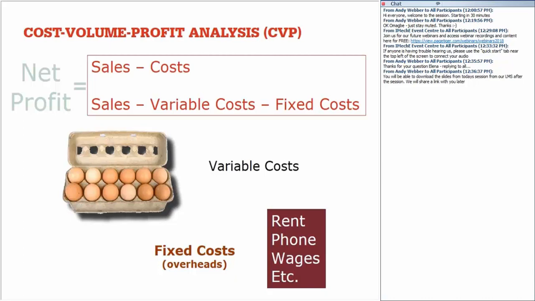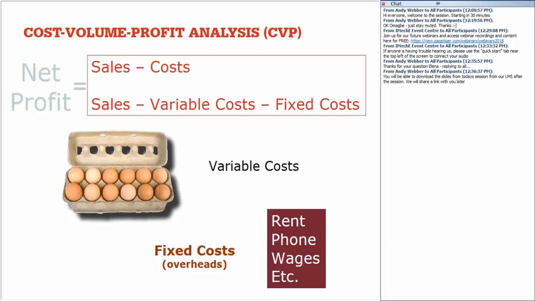So basically net profit is sales less costs. But we can break the costs down into variable and fixed. So you're probably wondering what the eggs are there for. Well, if I'm a shop making pancakes or omelettes, then the variable costs are the eggs. And the definition of a variable cost is it's a cost which rises with sales. So it's tied